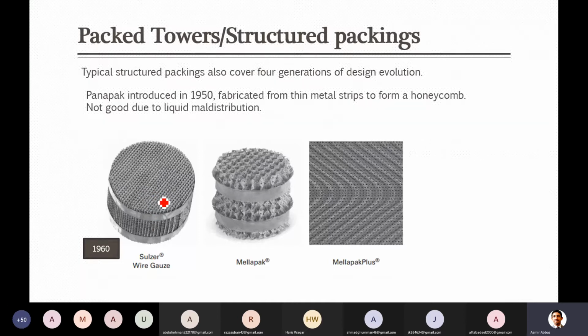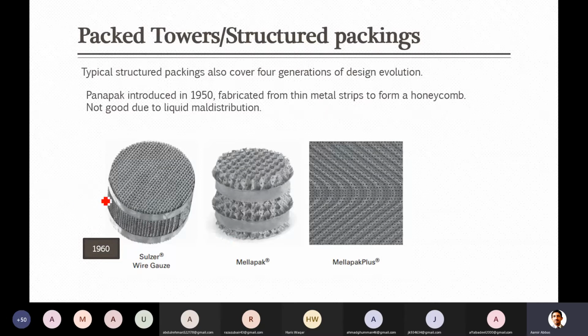They form a structure called wire gauze, as its name indicates: there are wires and they make a gauze. I think you have seen this gauze in the labs somewhere, where you go for heating and put something on the burner. If you remember, that is called wire gauze. If we keep joining a lot of those wire gauzes, we can reach this kind of structure.